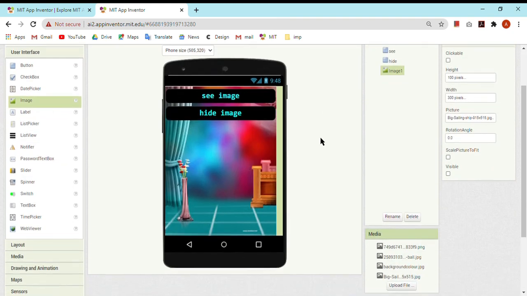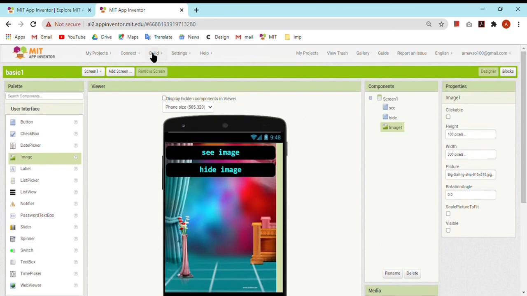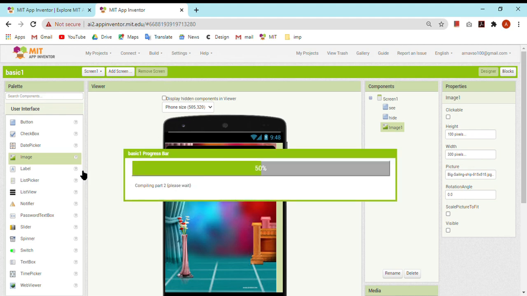Now I'll tell you how to make your app, how to put your app in your phone, download and install. Now just click on build app, save apk to my computer. Just now it will save an apk file on your desktop in the download folder.